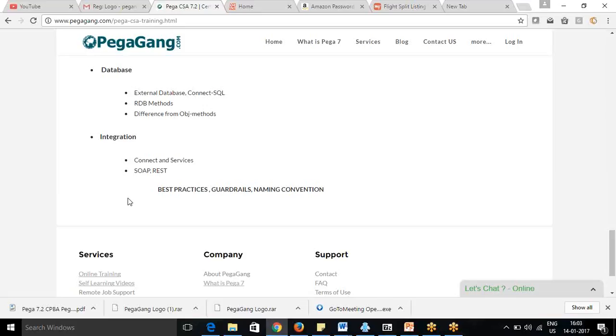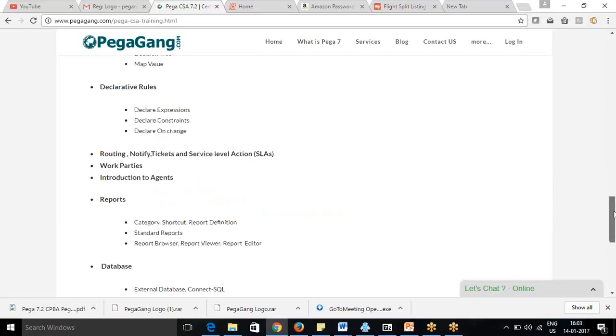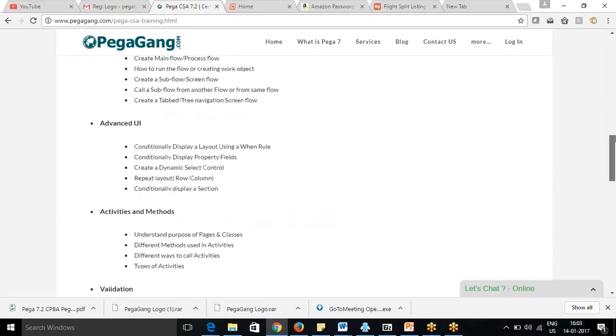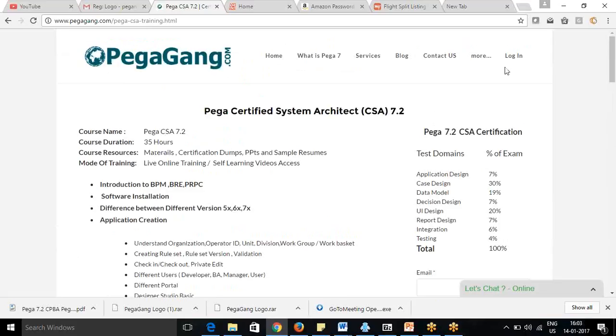All the topics we are going to cover are mainly not theoretical. Around 80% will be practical and around 20% will be theory, so that you get better hands-on experience with your application. You will get to know how you can develop your own application, and that will give you an added advantage during the course training.